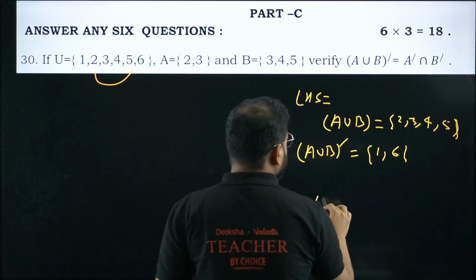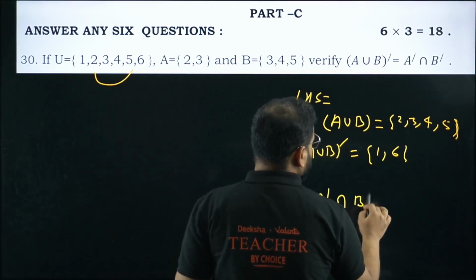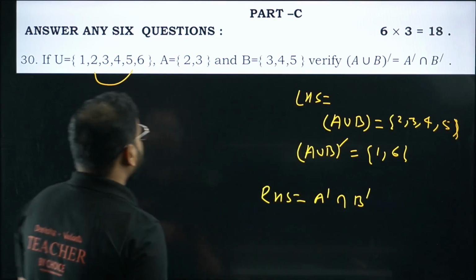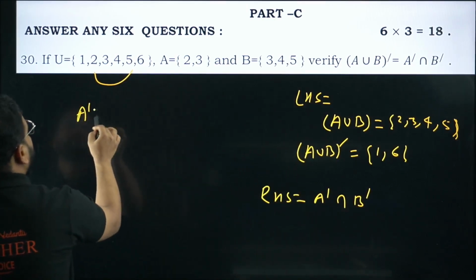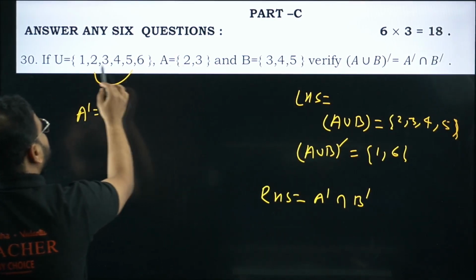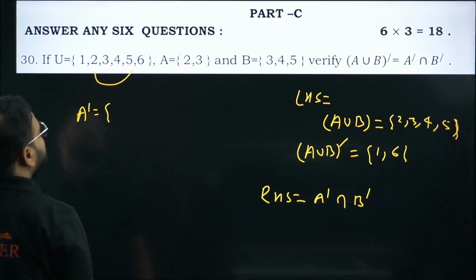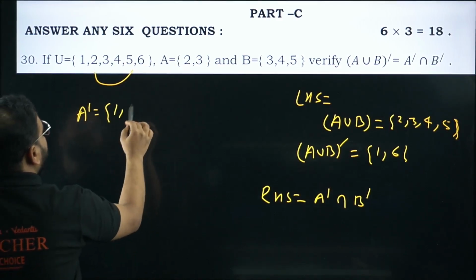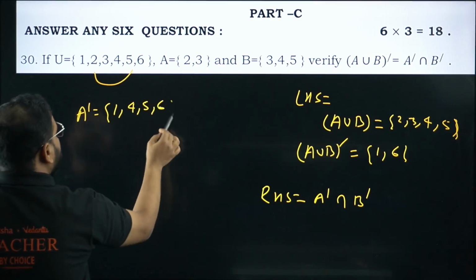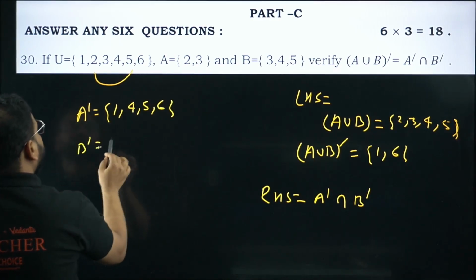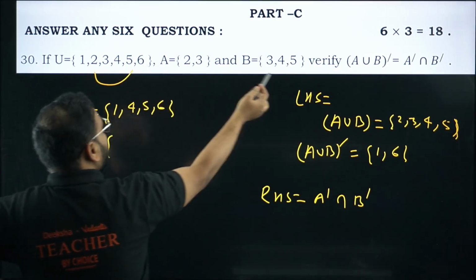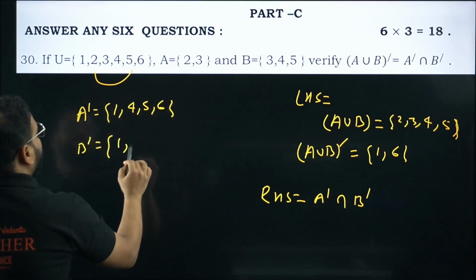What is that? A transpose intersection B transpose. So let's find A transpose first. A transpose is everything else in the universe apart from 2 and 3. I get 1, 4, 5 and 6. B transpose is everything in the universe except for 3, 4, 5. So I have 1, 2,